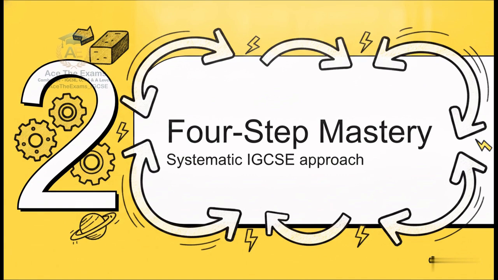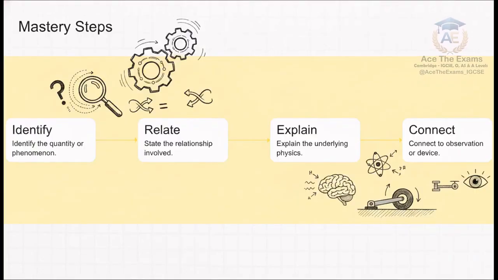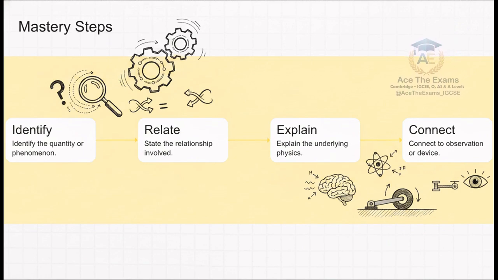Section 2. The 4-step mastery framework, a systematic approach to IGCSE physics. All right, let's move to the real strategy reveal. In the chapter on forces and motion, friction acts as a gateway into a much bigger scientific pattern. To master it and to hit every single assessment objective the examiners are grading you on, you must guide yourself